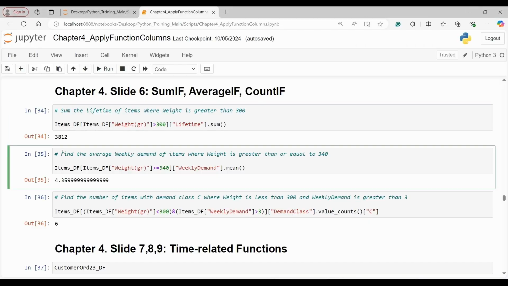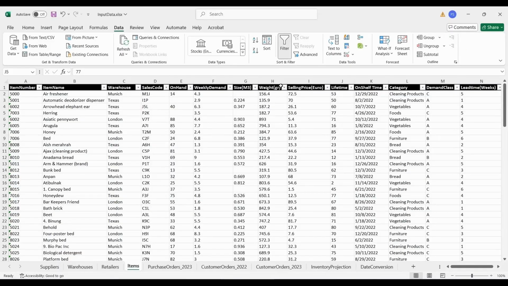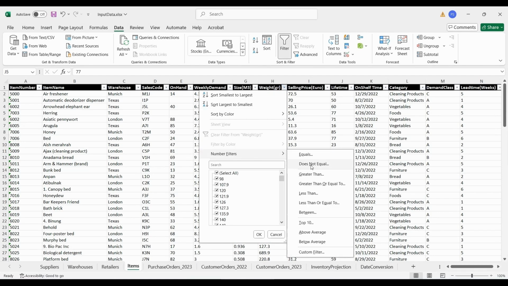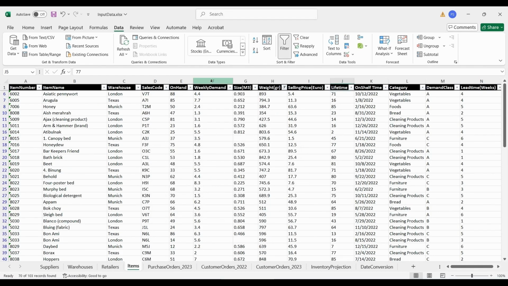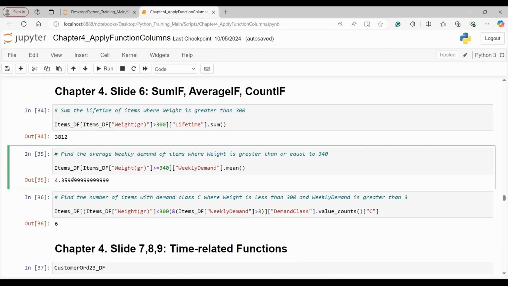In the next example, I want to find the average of weekly demand for items with weight greater than or equal to 340. It means in item data frame, first filter on items with weights greater than or equal to 340 and then find the average of weekly demand for those items. So if I go to input data and I filter on weights greater than 340, then we can find the average of weekly demand, which is 4.36,